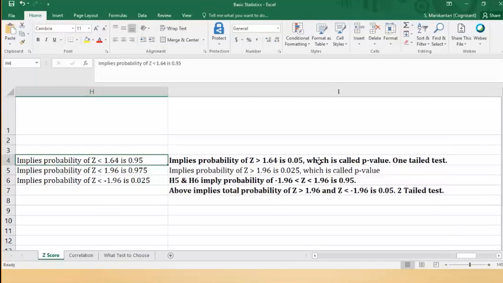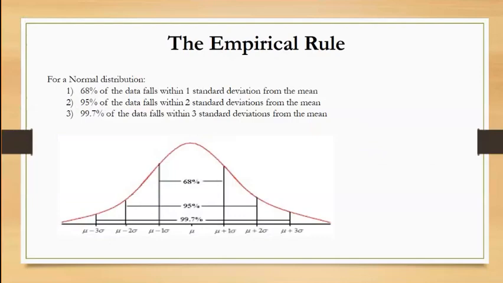As I said earlier, this 95% is a kind of standard we use in statistical computation. It could very well be 97% or 90%. Based on that, your Z score benchmark is going to vary. For 95%, these are the numbers: 1.64 for a one-tail test and 1.96 for a two-tail test, which you obtained by using the norm.dist formula in Excel. So this is it about Z scores and the Z test.